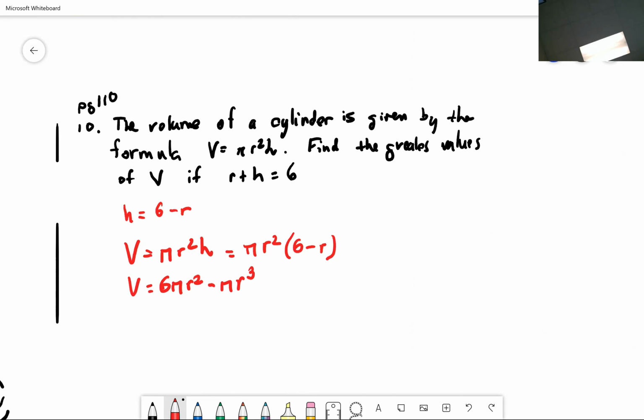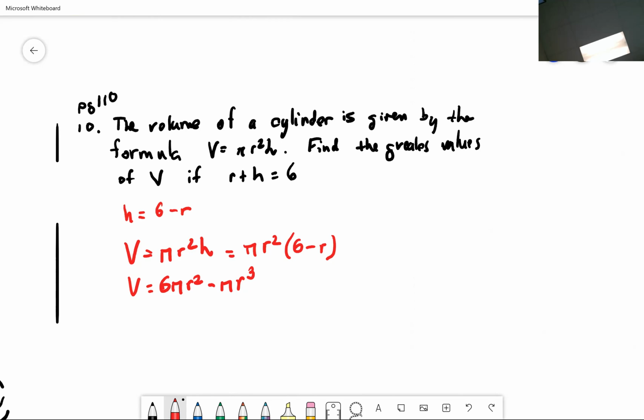I can find the derivative of that. Right now, I don't have the tools to find the derivative of V equals pi r squared h. I just don't have it. So what I did there is I described the height in terms of my radius. That little trick allows me to now write my volume in terms of the radius only,